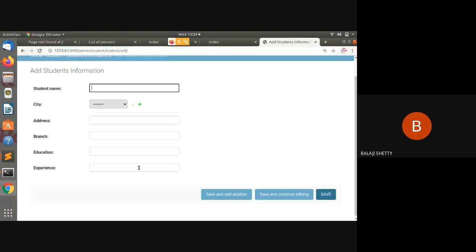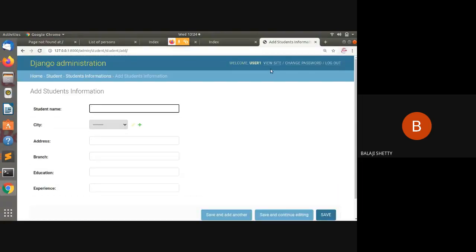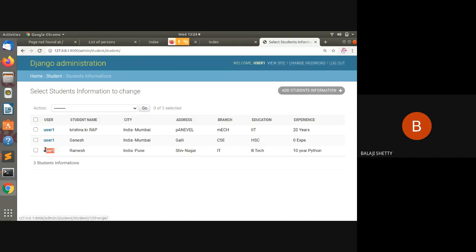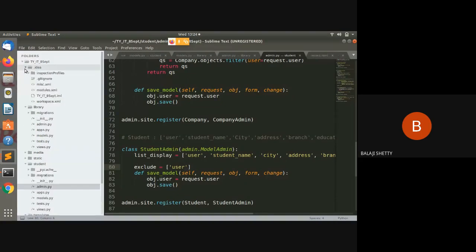And here if you see, my current username is user1. Okay, and when I browse the information, you can see this user1. Clear? So by default, whenever I do the login, whatever the username is, that username is being saved here. So let us see the code here. What steps I need to do?